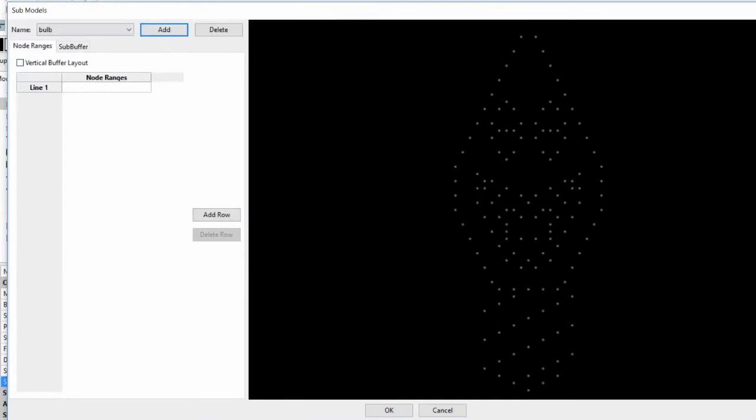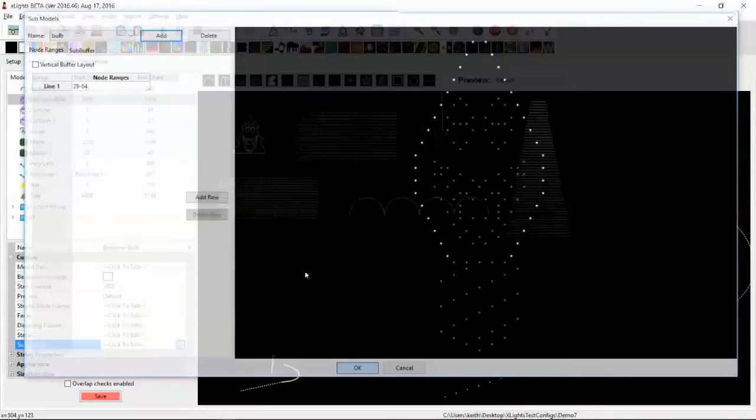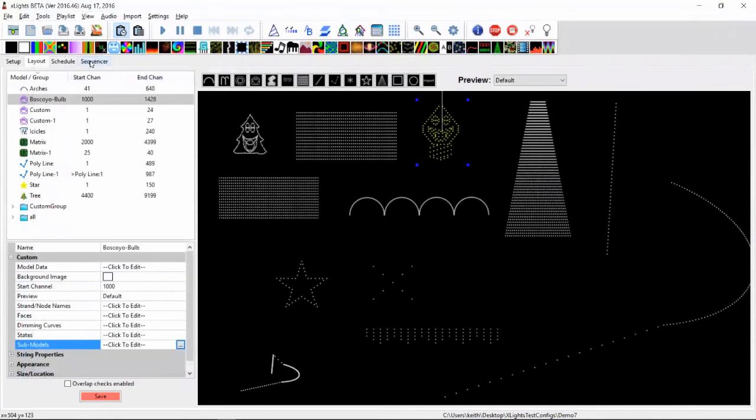and then we can add the bulb itself, which is going to be 29. I doubt it's 29 to 64. Sounds like too many, doesn't it? Oh no, it is. There you go. So you can just define that as your submodels, and then when you come time to sequence your bulb,